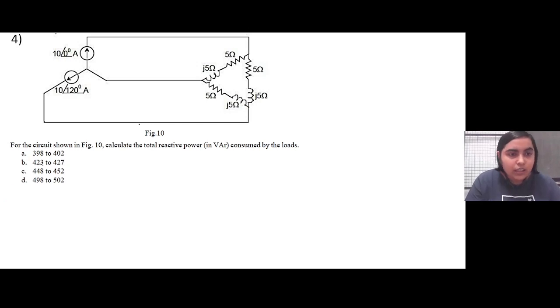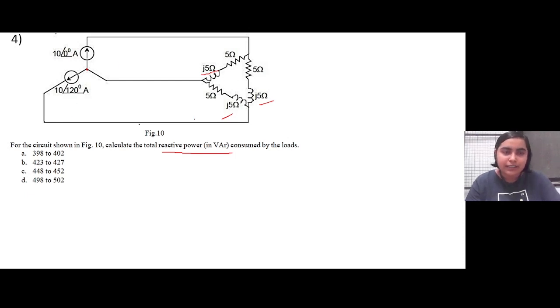So here, for this circuit, you have to calculate the total reactive power. So basically in volt ampere reactives, that means only the inductance, you have to take the contribution from the three inductances, right? So it is the same thing, only here the two current sources are connected in two different branches. So what you can do is calculate the contribution from each of these branches and then